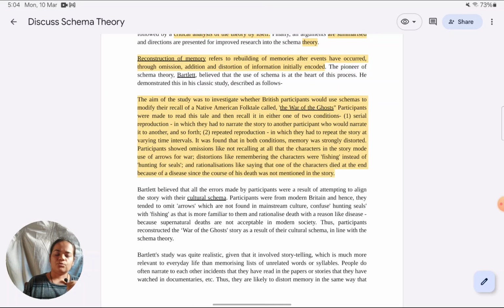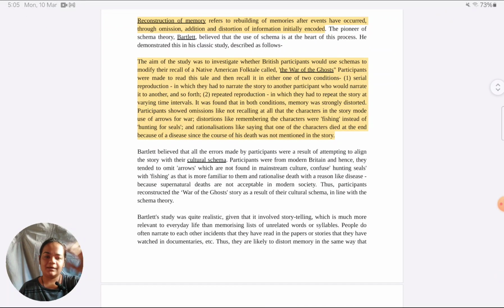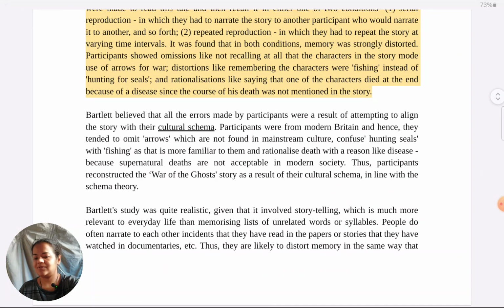So coming back to organization, I've given you some tips for organization. Like I told you, now all the criteria get merged after we have written the introduction. That's why how criterion E is to be met, that also I'm explaining right here, because you're trying to satisfy all criteria with all paragraphs now. Bartlett's War of Ghosts study has been summarized in this paragraph. The next paragraph is about linking back the study to the theory, which I cannot emphasize the importance of enough.